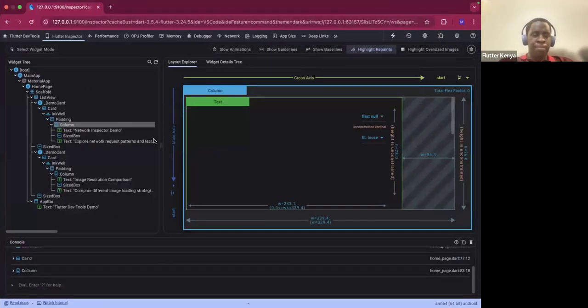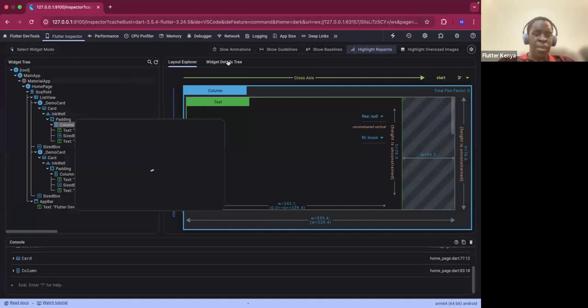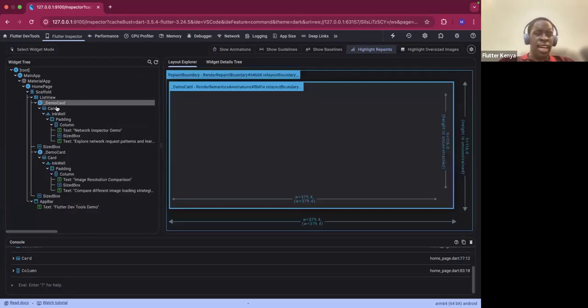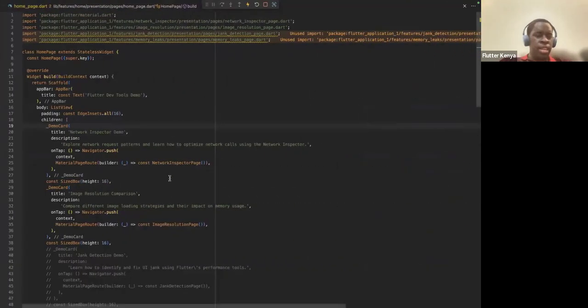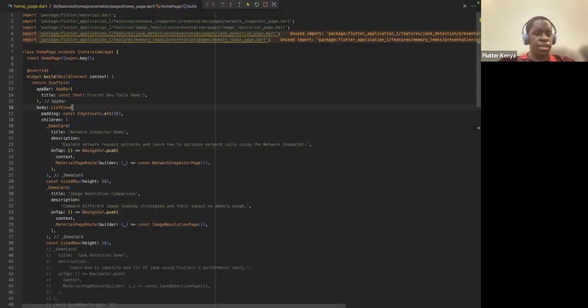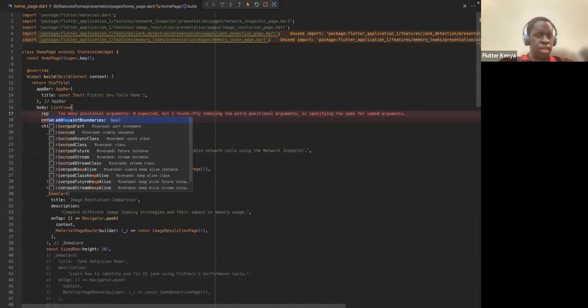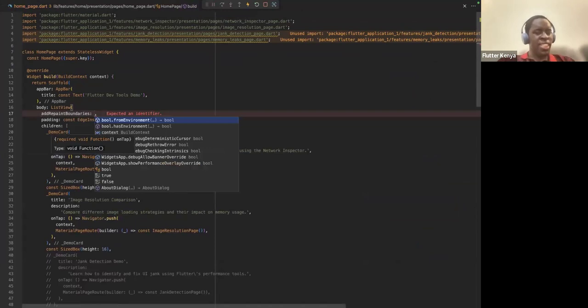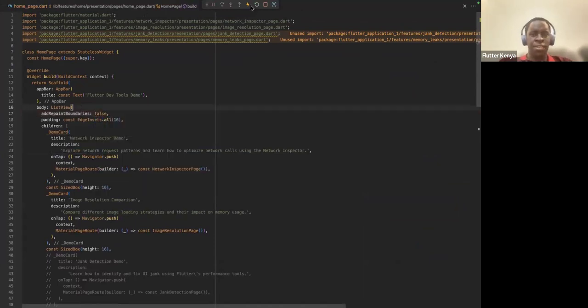For the repaint boundary, one place that easily shows us that we have it is if I were to come back to the layout inspector again, click on a demo card, you would see that its parent is a repaint boundary coming from the list view. Now, you can see that list views have a property called add repaint boundaries. If I turned that to false and restarted,